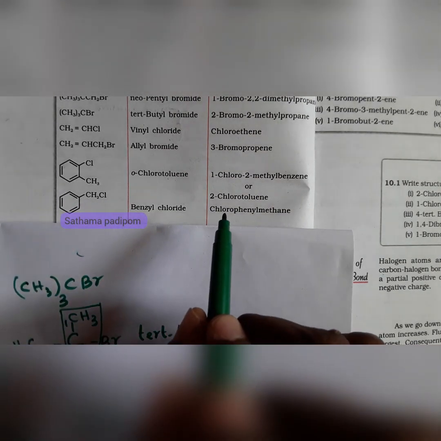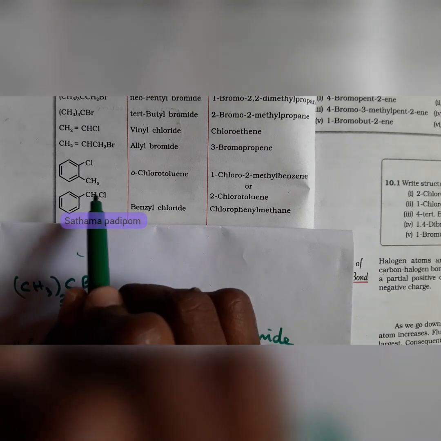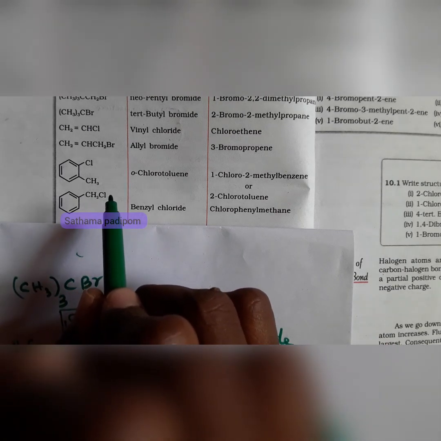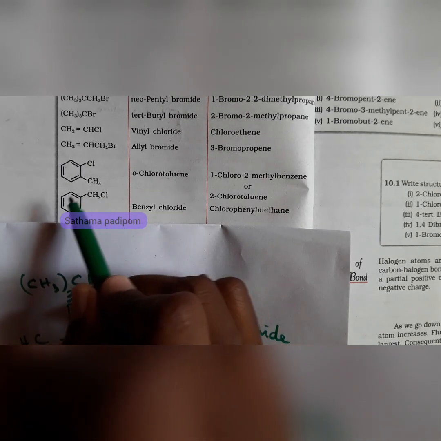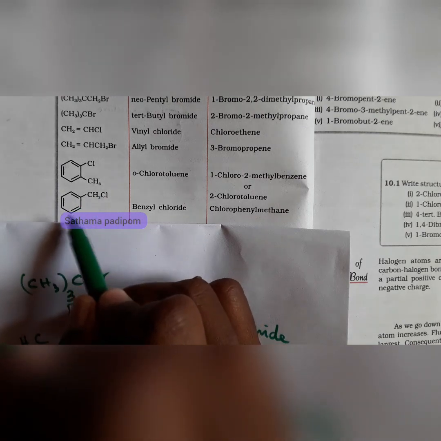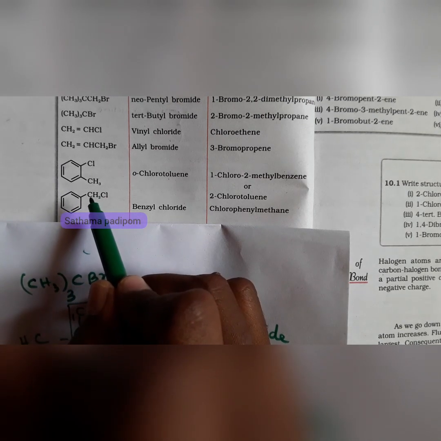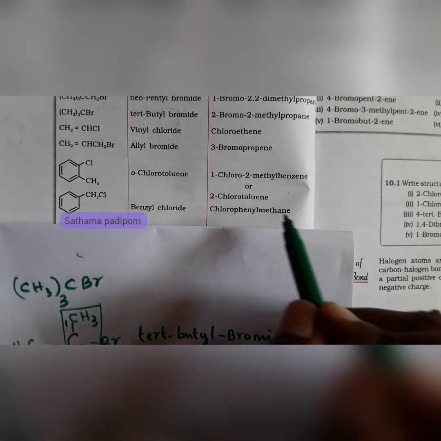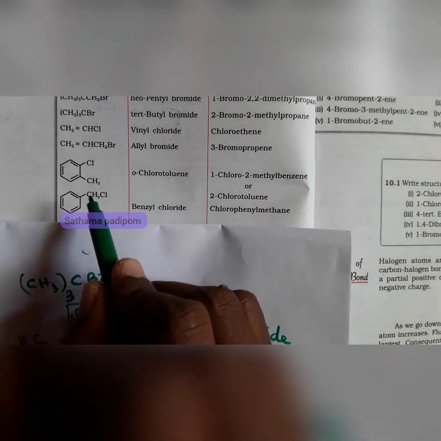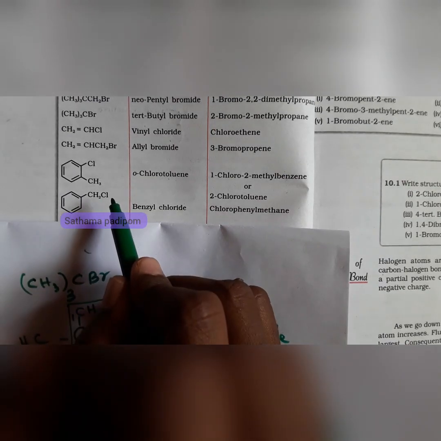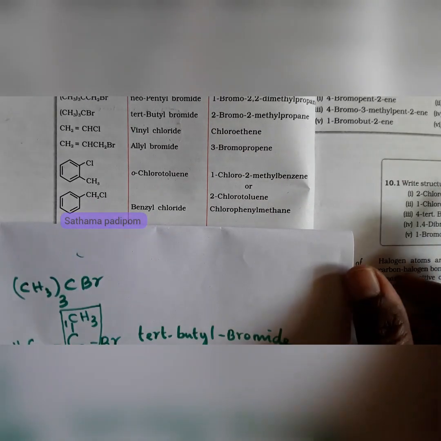Okay, so the common name is benzyl chloride. Benzyl chloride. Okay, next, IUPAC name for this: the CH2 group, chlorine is attached. Okay, chlorophenyl methane, chlorophenyl group with methyl group. While writing the IUPAC name, we will not write methyl alkyl, we will write the parent chain, methane, alkane group. Okay, so chlorophenyl methane. Okay, next,